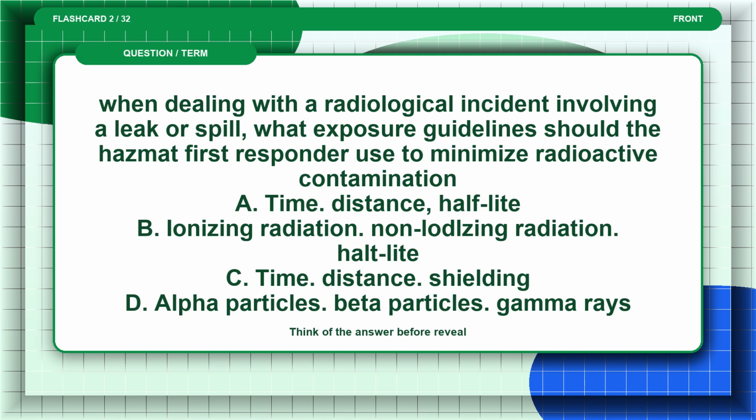Flashcard 2. When dealing with a radiological incident involving a leak or spill, what exposure guidelines should the hazmat first responder use to minimize radioactive contamination? A. Time, distance, half-life. B. Ionizing radiation, non-ionizing radiation, half-life. C. Time, distance, shielding. D. Alpha particles, beta particles, gamma rays. Think of the answer before the reveal. The answer is